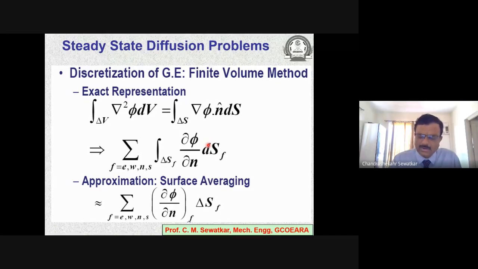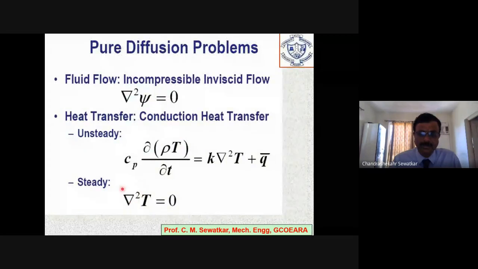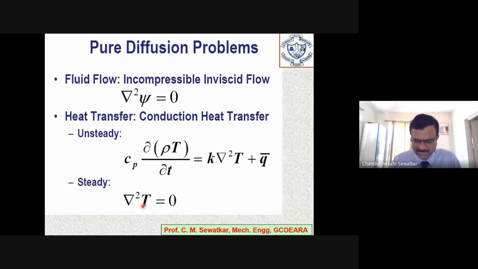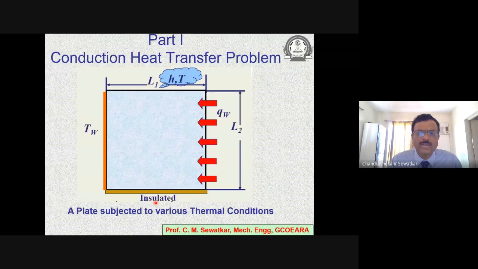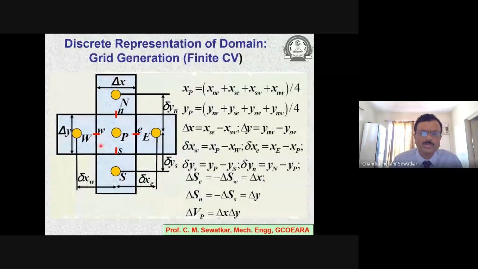So my governing equation, which we have seen at the beginning, is grad square T equal to 0. Instead of T, now I am using the variable phi, because later on we can generalize it. So grad square phi, the form remains the same, so it doesn't make any difference. So this grad square phi, if I apply it to a small control volume, let's say any of these control volumes,